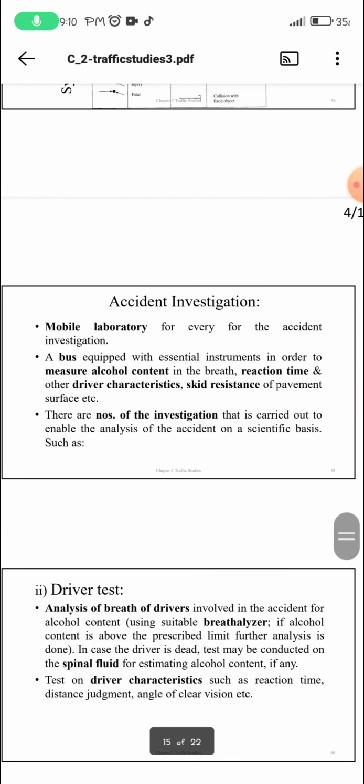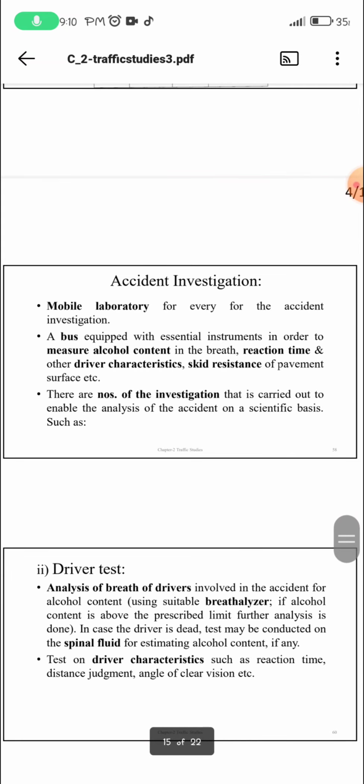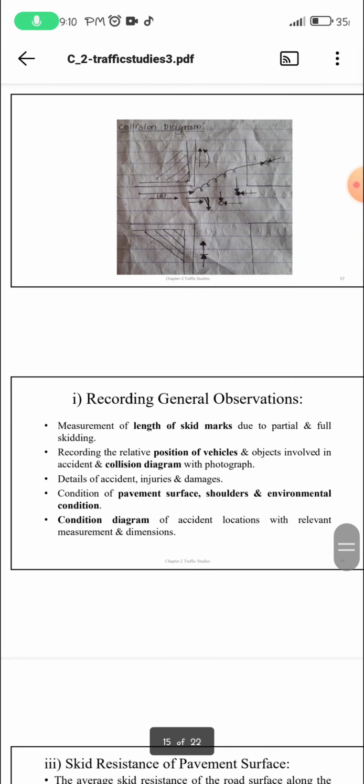Accident investigation: mobile laboratory for accident investigation. A bus equipped with essential instruments in order to measure alcohol content in the breath, reaction time, and other driver characteristics, skid resistance of pavement surface, etc. There are a number of investigations that are carried out to enable the analysis of the accident on a scientific basis, such as